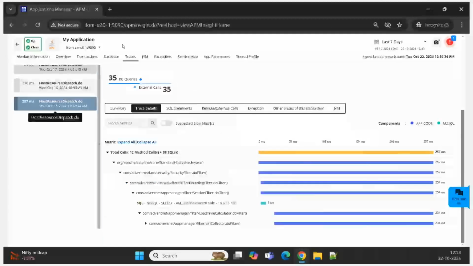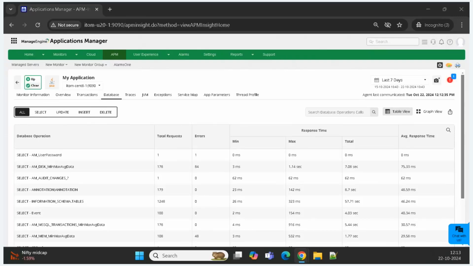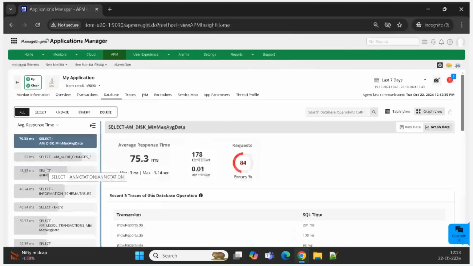Moving on to the database tab. The database tab will provide you the detailed performance metrics to identify slow database calls, the database usage, and the overall performance of the database with a detailed graphical and tabular representation. By clicking on an individual database, it will provide you the list of web transactions that were performed